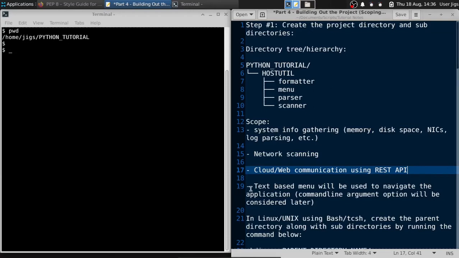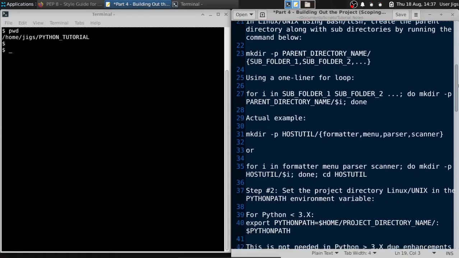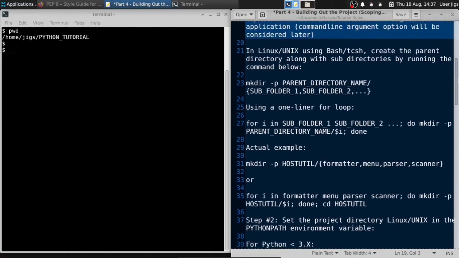Okay, I will also be using a text-based menu as opposed to command line arguments. Okay, again, this is to display or show different Python concepts so that whoever is watching this will be able to learn those concepts. Okay, with that said, let's go ahead and build out our directory structure here